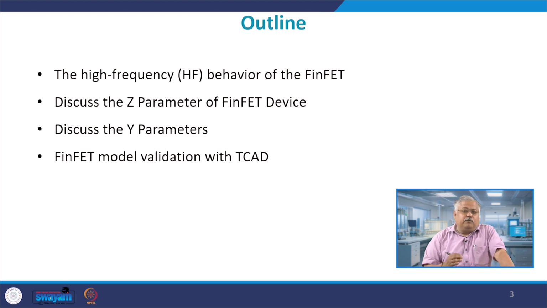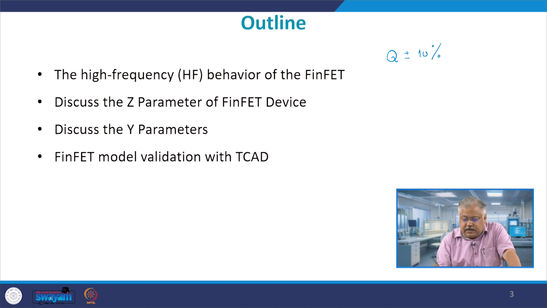From the point of view of modeling, what we are saying is that if your quiescent signal is Q, then this plus minus 10% means that if your mean value is, let us suppose 1 volt, then if the input swing happens from 0.9 to 1.1 volts, then we can define this to be approximately a small signal. There is no direct definition, but this is how you can actually work it out